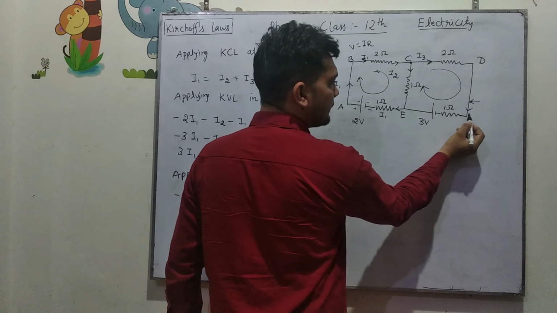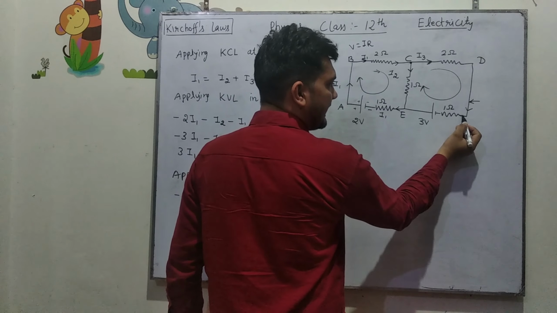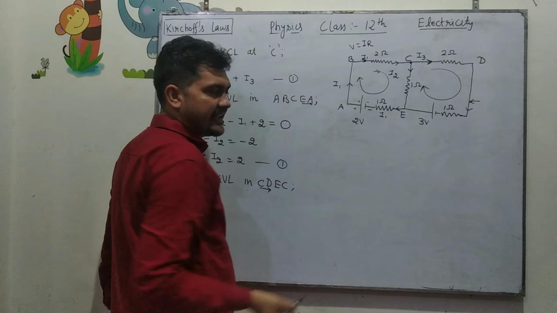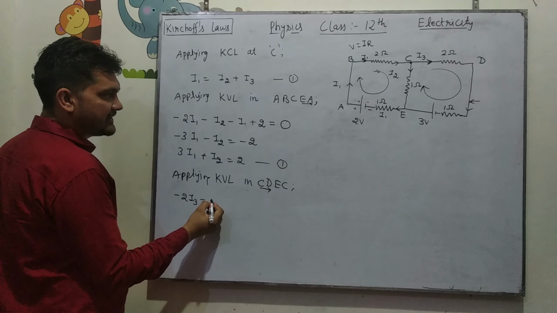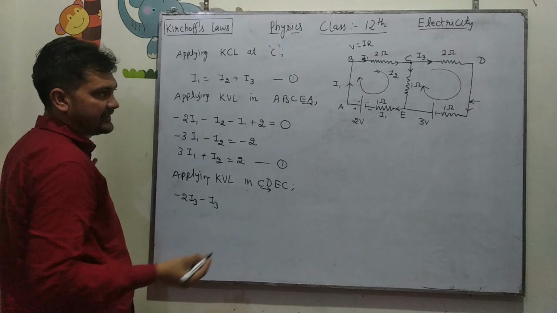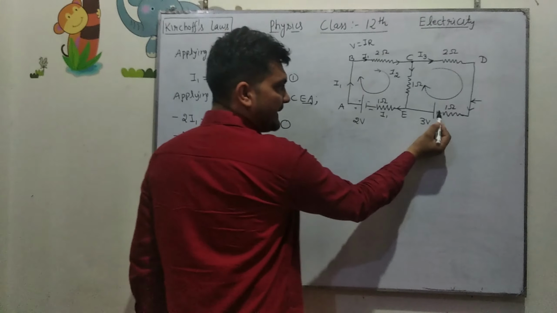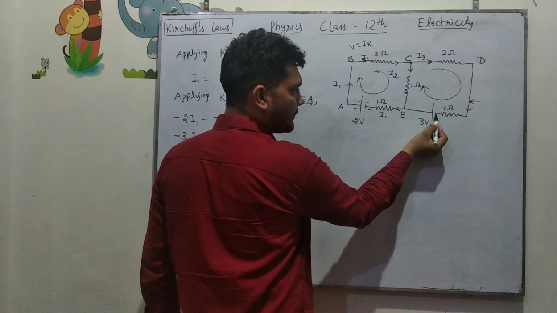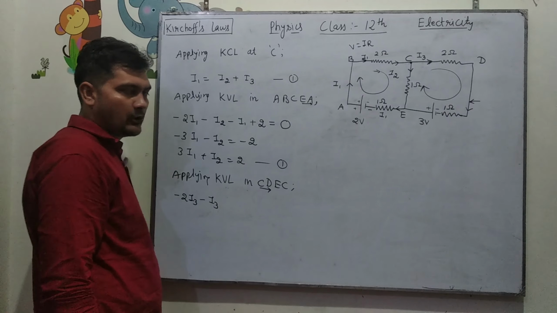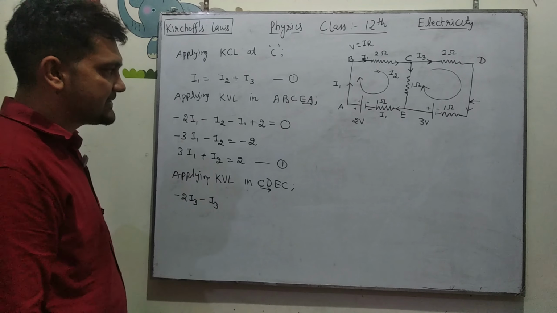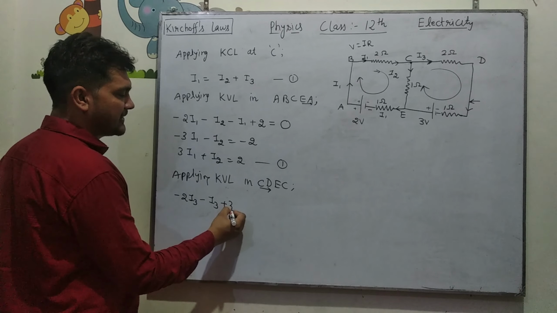This current I3 is flowing in this resistance and the loop direction is in the direction of current. Therefore, it is a drop of potential, and the drop of potential is 1 into I3. So, it is minus I3. Now, there is a battery and it gives a rise in potential because this is negative, this is positive. You are moving from lower to higher potential. It means there is a gain in potential. So, it is plus 3.